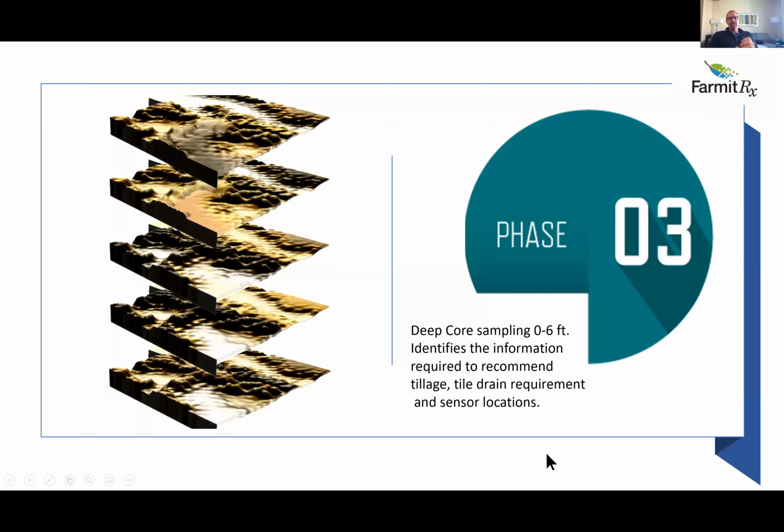Phase 3 is the phase where we do deep coring, and we're looking at typically 0 to 6 foot, but we've gone as deep as 15 foot when it came to looking for perched water tables. The information that we collect from that is then again submitted to the lab, and we do particle size analysis, we look at infiltration rates, and we do a